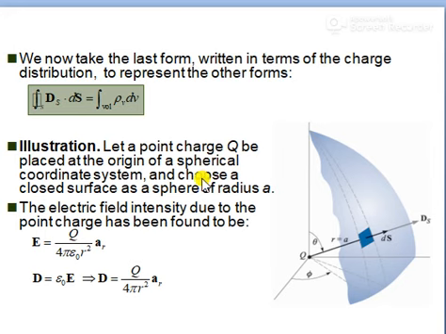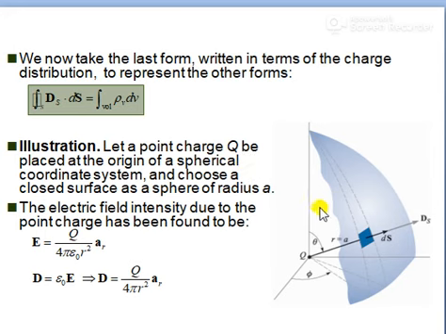While selecting a closed Gaussian surface to apply Gauss law, the following conditions must be satisfied. The first one is electric flux density D should be normal or tangential to the closed surface, that is theta should be pi by 2 or pi, so that D dot dS becomes 0, or D dS. Second is D is constant over the portion of closed surface for which D dot dS is not 0.